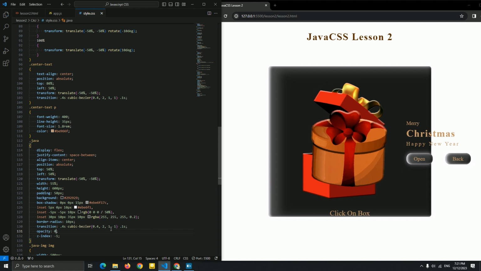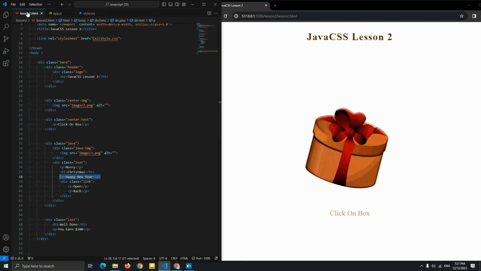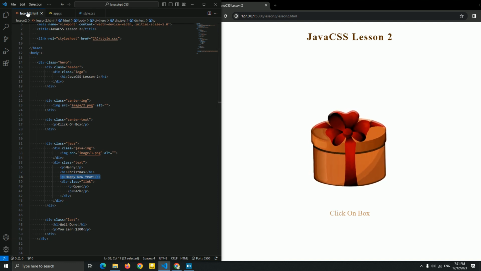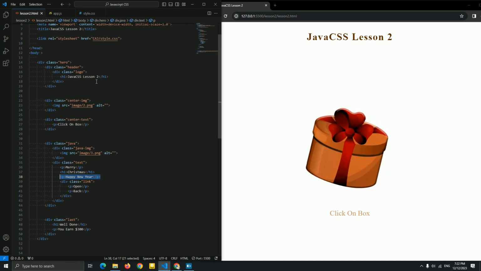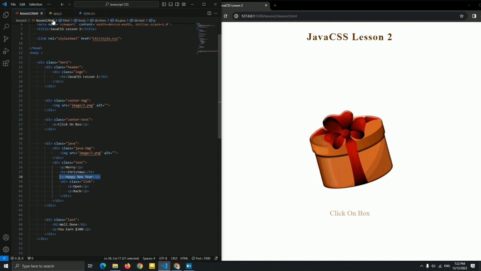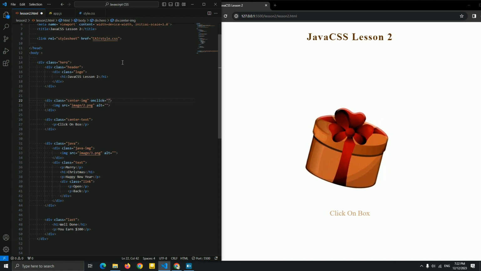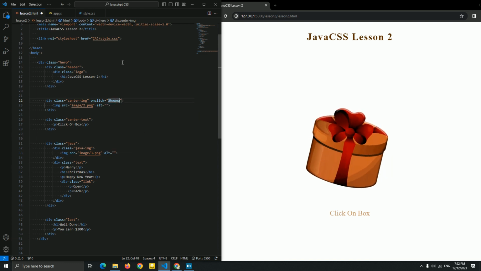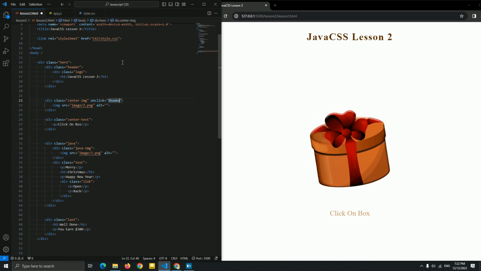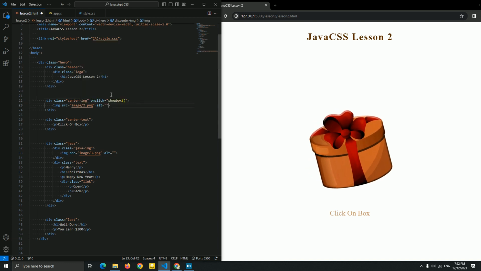Okay, now let's go for the JavaScript, guys. First, before we go for the JavaScript, I just need to add an ID and onclick for the user. When you click on the box, a message comes up. So first, let me add a new name as ID for the JavaScript. Let me add onclick, because when a user clicks on it, the message comes up for this center image. And I'm gonna name it show message or show box, doesn't matter. Show box.